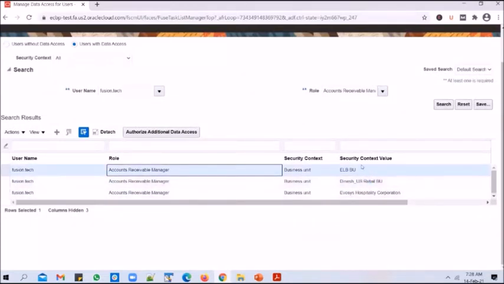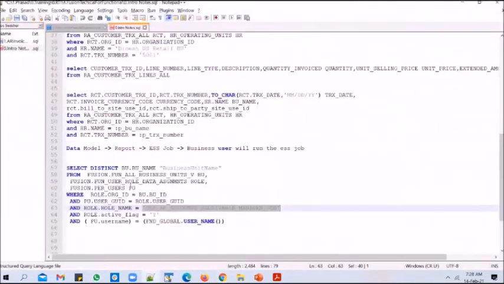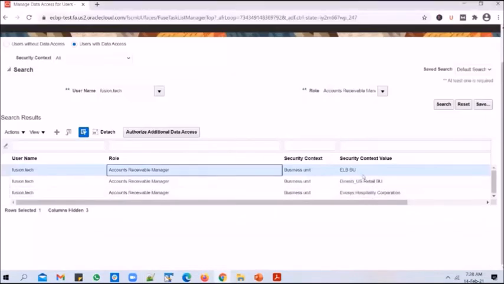Out of these 3 rows, I'm not interested in these attributes or columns. I'm interested only in the security context value, which is nothing but a business unit. Even though you are seeing business unit here, in this roles table the org ID of the business unit is stored.